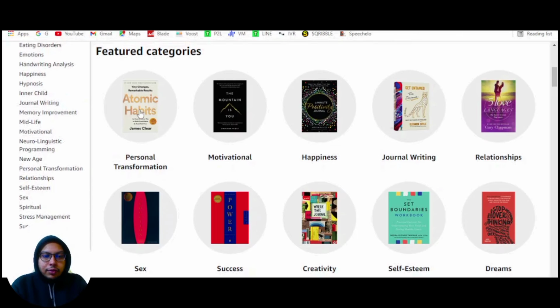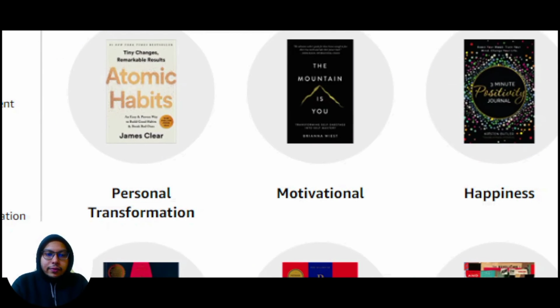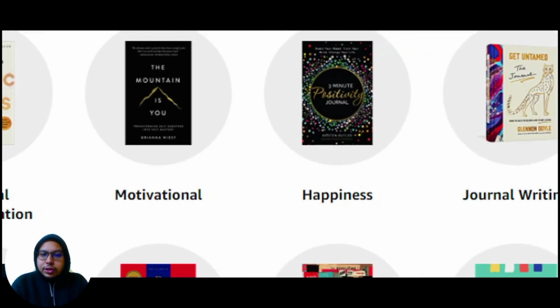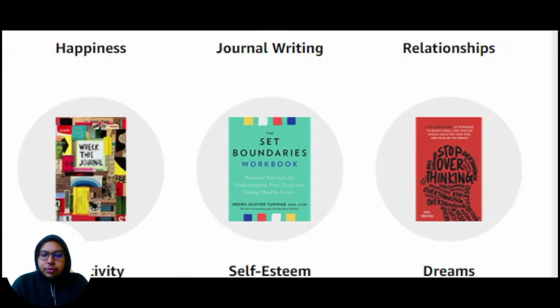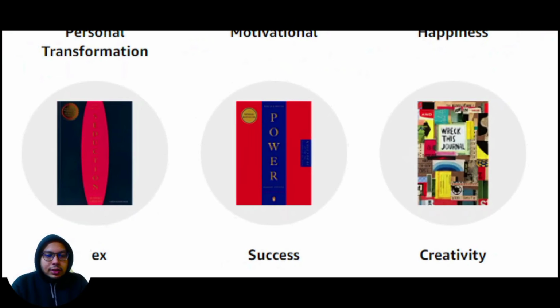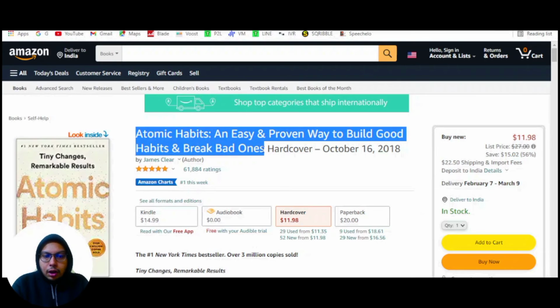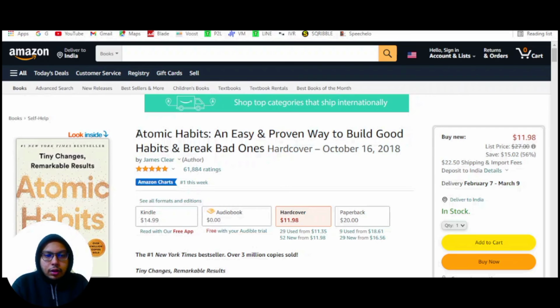For example, if we choose Atomic Habits, it's a bestseller and it keeps coming up again and again. So if we want to use it, we are simply going to copy it out, and then I'm going to go to our website, Ali Abdaal. Here is 4 Minute Books, here is James Clear, and here's the media. For example, let's take this one, 4 Minute Books.